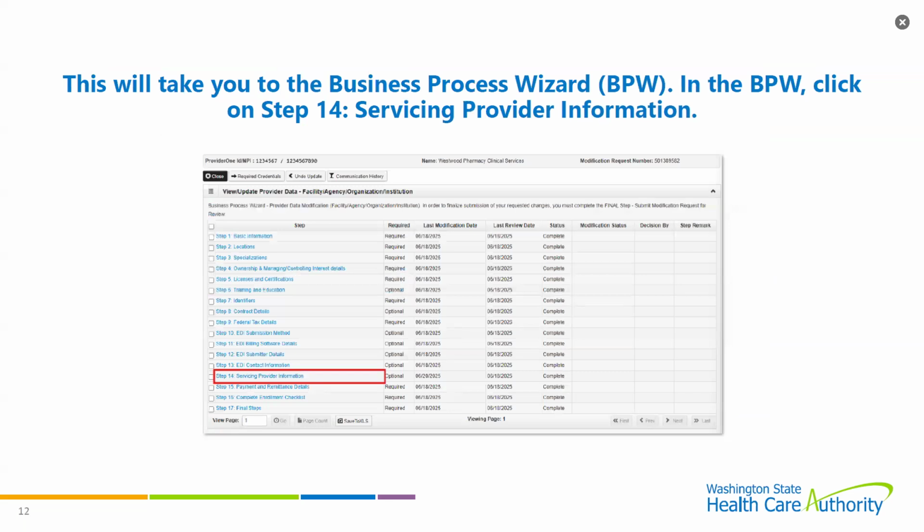This is where you're going to be taken. This is what's called our Business Process Wizard, BPW for short. So the BPW has a list of steps here, and each one of these steps contains information about your domain, whether it's your locations, your taxonomies, if you have billing agent clearinghouses associated, etc. The step we're concentrating on, though, is step 14, servicing provider information. So when you click on that step,